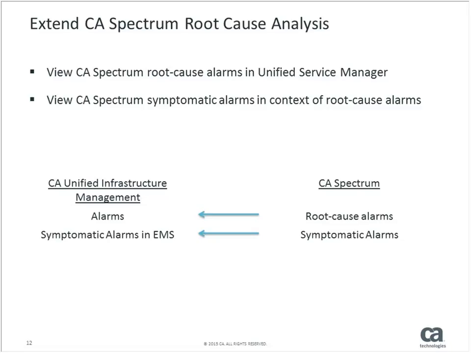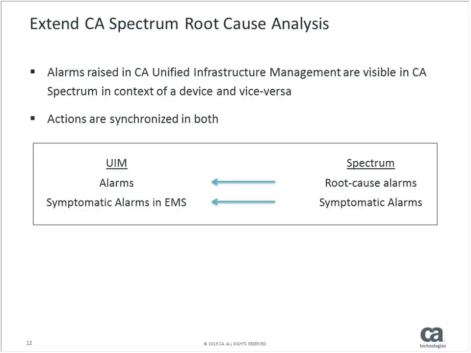So from Spectrum, you see a storage alarm, you know that storage alarm is a known alarm, nothing to worry about. You right-click, clear the alarm in Spectrum, and that alarm gets cleared in UIM as well. You see a network alarm in UIM, you know that alarm is a known alarm, nothing to worry about. You right-click, clear that alarm, and that gets cleared in Spectrum as well. You update the alarm, you add service desk ticket information, you add any other information. All that information about that alarm gets synchronized across both the tools, and hence you can use either of the tools of your choice for driving your workflows.